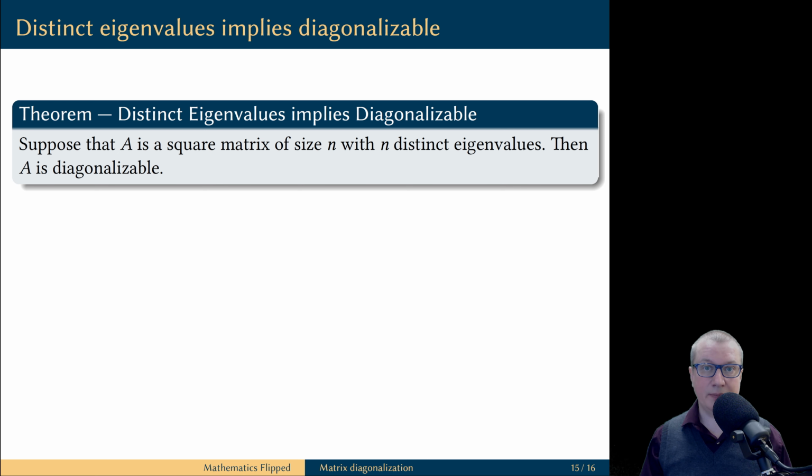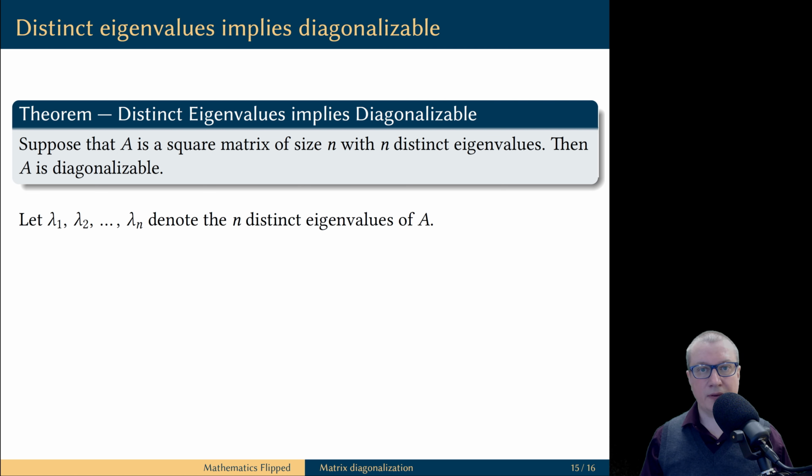So, when can we guarantee that all geometric multiplicities are equal to the corresponding algebraic multiplicities? Well, this is simple. If all algebraic multiplicities are equal to 1, then the geometric multiplicities will also have to be equal to 1, and they're all equal to each other. When will this happen? Well, this will happen when a square matrix of size n has exactly n distinct eigenvalues. In this case, the matrix is automatically diagonalizable.